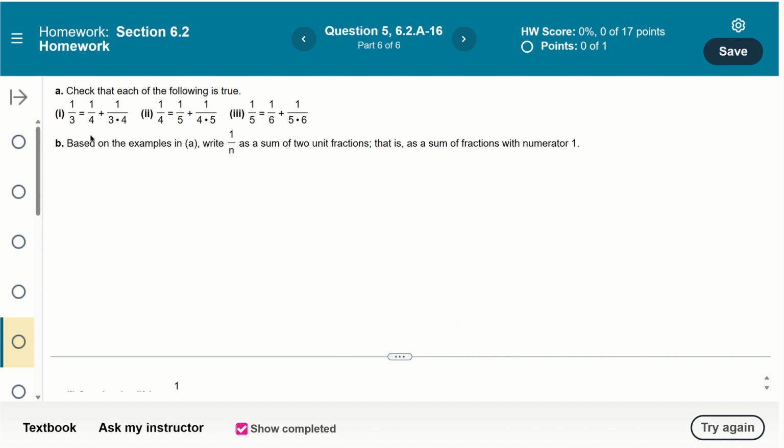Okay, here we want to verify that each of these statements is true. So all you have to do is just go ahead and take care of the addition on the right side and verify that you get what's on the left side. So just to show you one of them, let's look at the first one, then you can do the rest. So you have 1 over 4 plus 1 over 3 times 4,